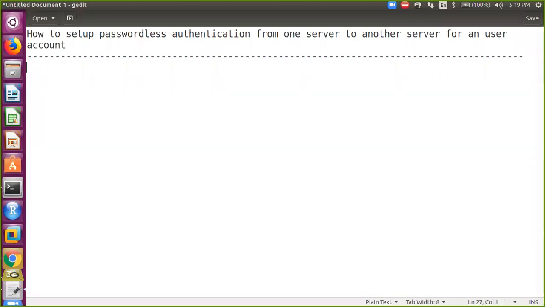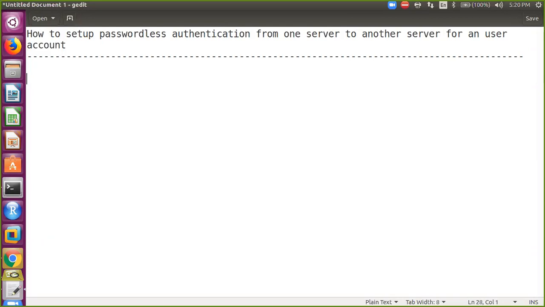In order to explain it clearly and elaborately, you should know the concept first. So first, if you want to set up passwordless authentication from one server to another server, that too for a user account, please remember our entire DevOps course depends on this. In the future also you need to set up passwordless authentication from one server to another. In real time also you need to do this. It's like a basic ABCD. If you don't know this, you cannot work on anything on the DevOps side.